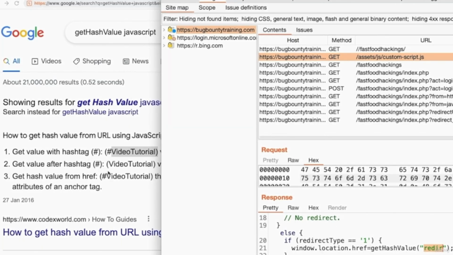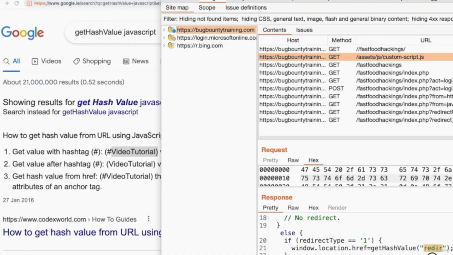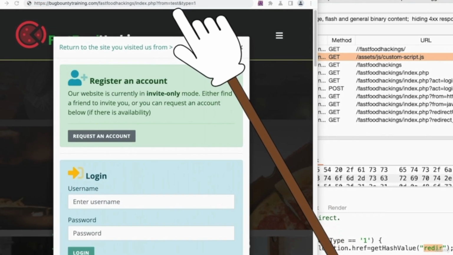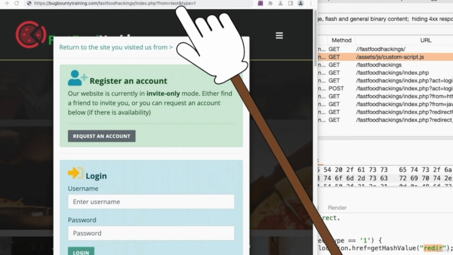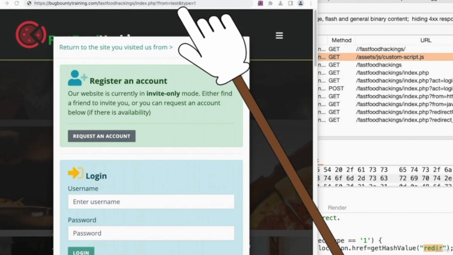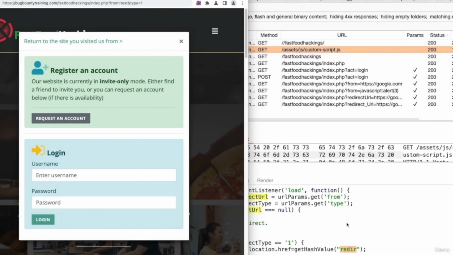of an ampersand, I'm going to have to put a hash before it, followed by this value, followed by the value that I want to send. So let me show you what I mean. We are setting the from to something, we're setting the type to 1, and we usually use the ampersand to add 2 parameters together. But this right here is not a parameter because as we saw earlier,